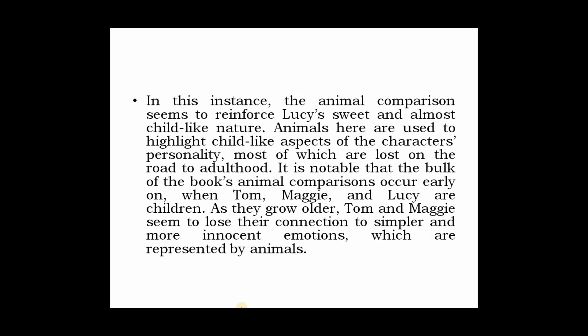So, dear students, we see that mainly three symbols are used in the novel. First of all, we discussed the dark hair, the dark skin and the dark eyes of Maggie. That's taken as a symbol in the novel. And afterwards, we see that music is taken as a symbol in the novel to show the passionate nature of our emotional heroine Maggie. And thirdly, we see that children are compared to animals. So animals are taken as symbols that show your innocent nature and your playful nature.